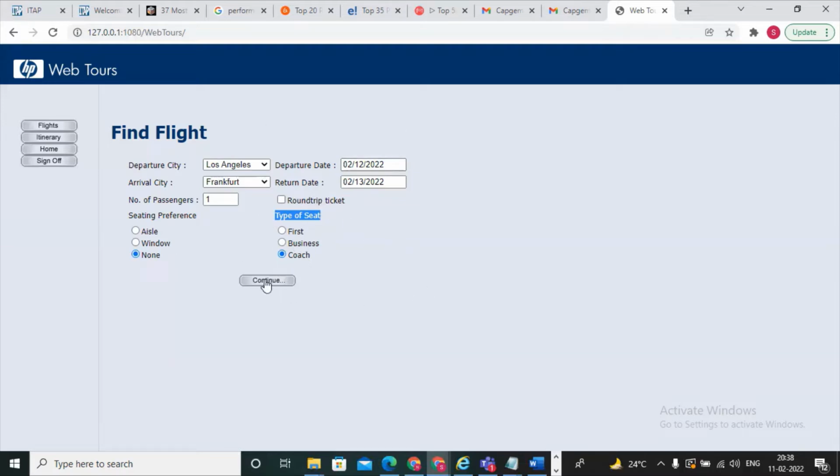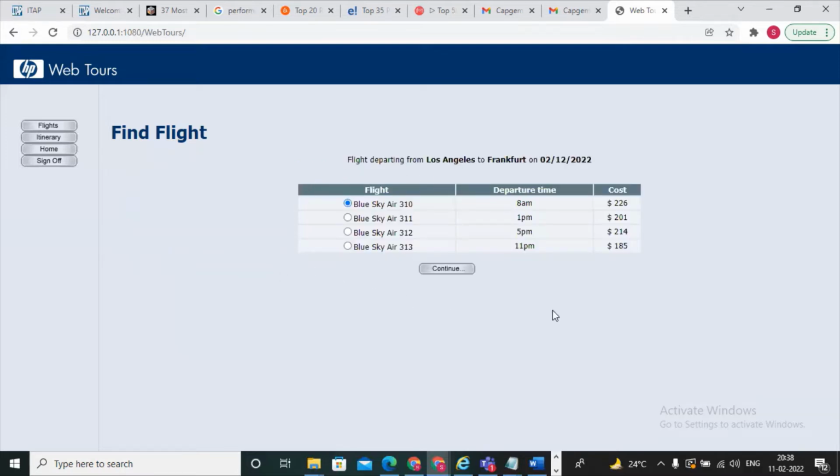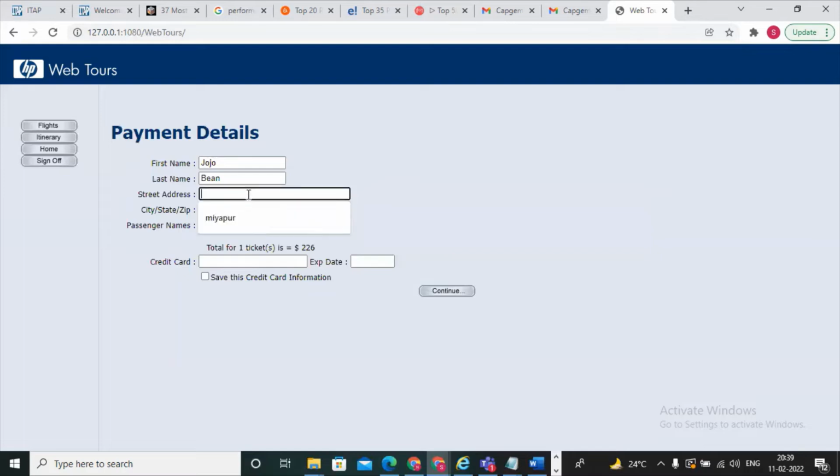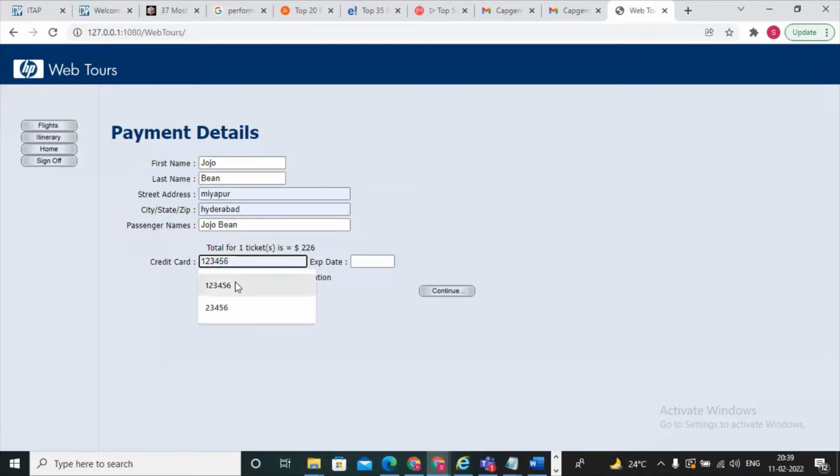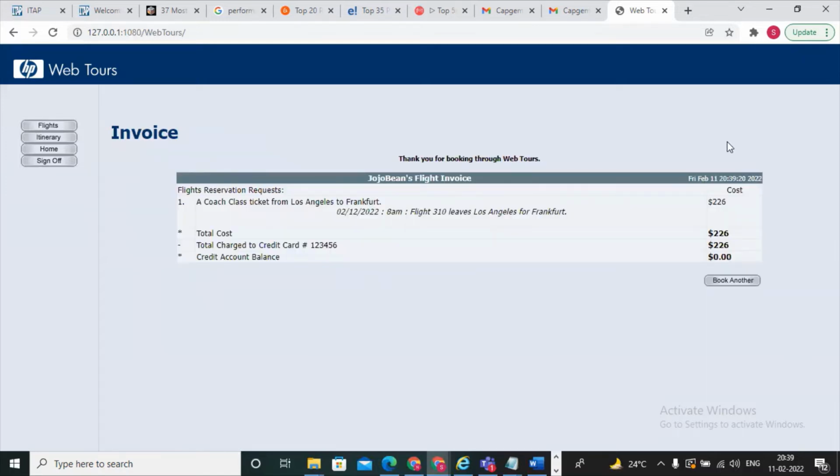After that, click on continue. Now you can observe that we have different flights. You are selecting different flights, so the flight value also you need to correlate. And after that, continue. Here we are entering the values. The values you enter through the keyboard, those we need to parameterize. All these values we need to do for parameterization. And after that, continue. So from the script point of view, we observe some points.